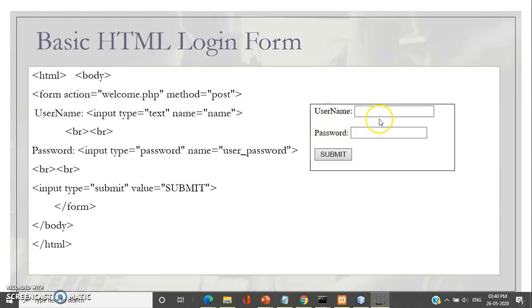So to get this first line printed on our browser, what is the code? Username, as you want it here, colon, and then to get this text box we have to write input type is equal to text, name is equal to, that means the name of this text box. The value that will be written in the text box can be passed using this as the variable name.